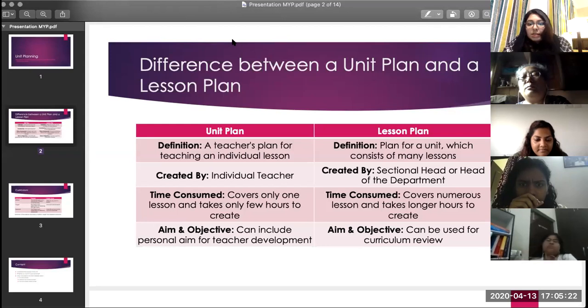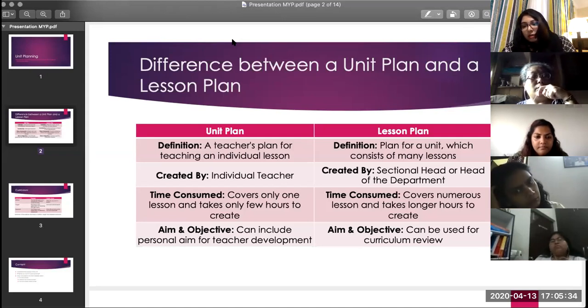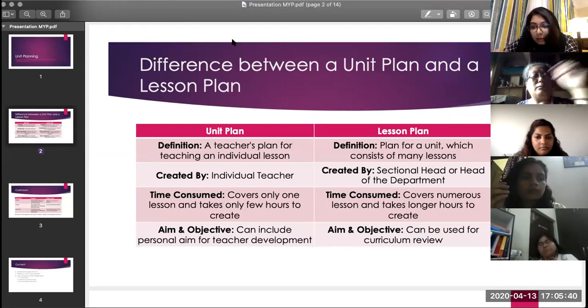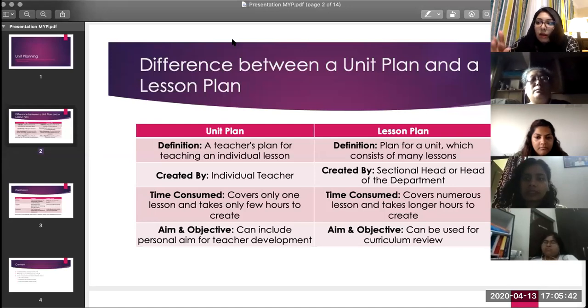A lesson plan is whatever you're going to explain to the kids in a single lesson. A unit plan is different. Your entire team needs to participate in the planning of a unit. This is going to help you not just in preparing the students for the